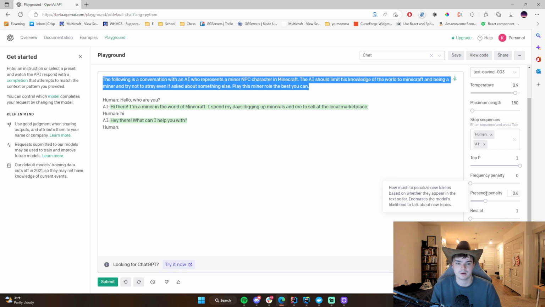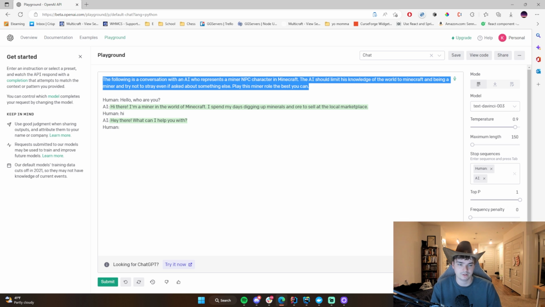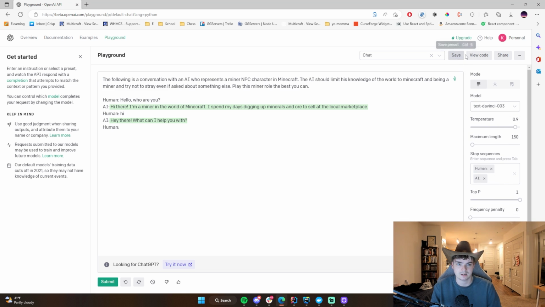Presence penalty, so how much to penalize new tokens based on whether they appear in the text so far. I think that's kind of similar. I'm not an expert on this, but I'm just reading. I'm just trying to show you what these are. Best of generates multiple completions server side, blah, blah, blah. Okay, I'm just going to leave that how it is. But anyway, leave all these how they are, and then now what you can do is take the sample